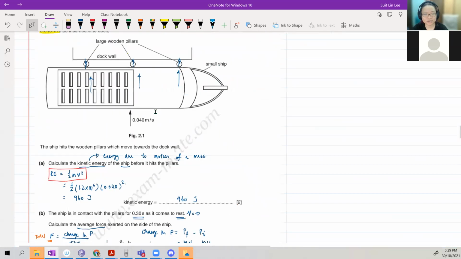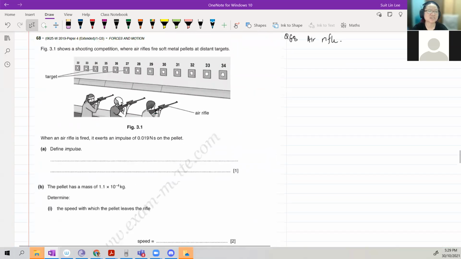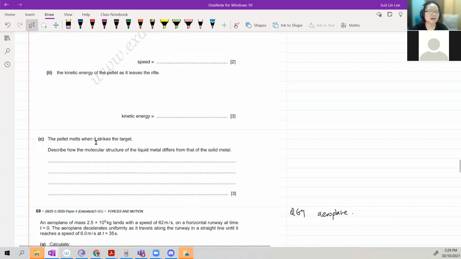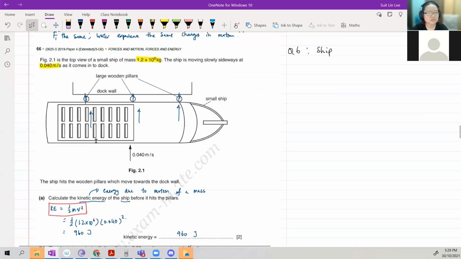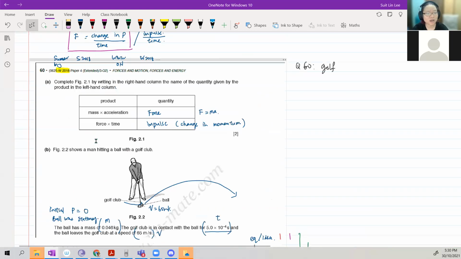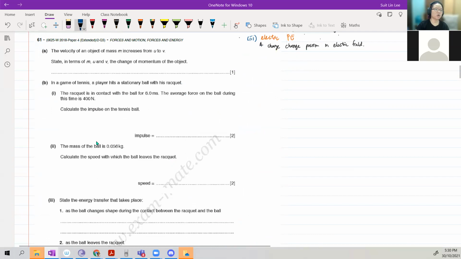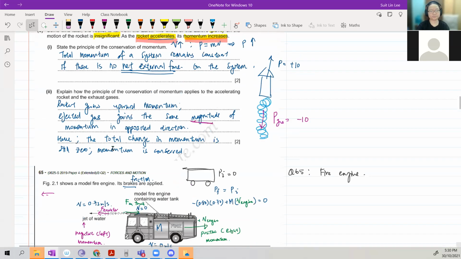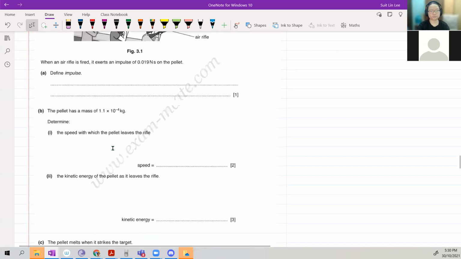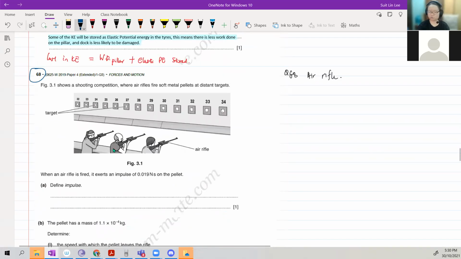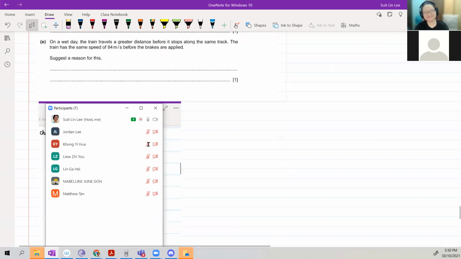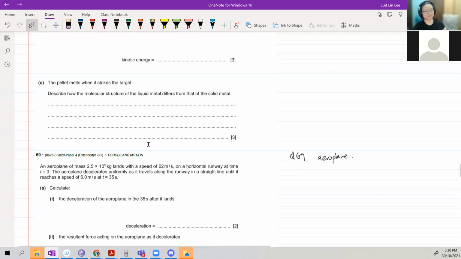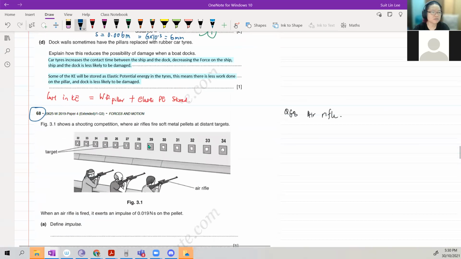So for your practice, please try these questions. I teach you, but some you can't find answers. So you have 1. Need to go to the shooting ring. 2. How to go to the shooting ring? You see MRT. 3. You only got 3 more questions to do. And no, wait, 4. There's also 69, the arrow thing. So you have 4 questions.